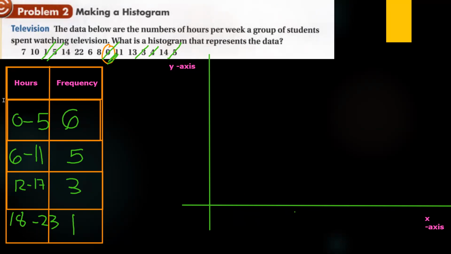Now, on the x-axis, you have to write the number of hours, I mean the intervals: from 0 to 5, from 6 to 11, from 12 to 17, and then from 18 to 23. Is it clear? So the first step, miss: write the intervals on the x-axis. Then